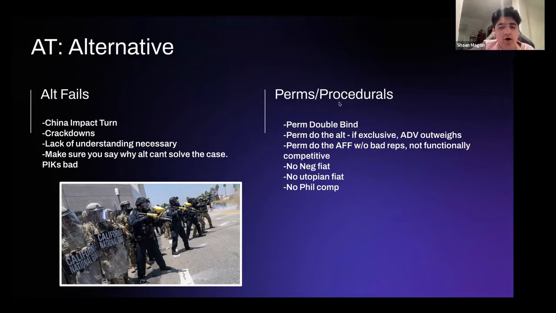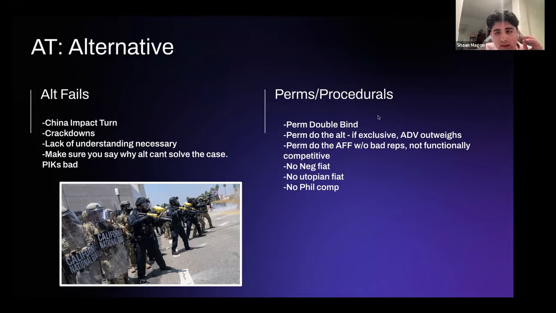So I'll start with the perm. All perm is, it's called a test of competition. You'll hear that phrasing a lot. All that means is it's deciding, can we do their alternative and can we do our affirmative? Are they exclusive with each other? Obviously, the neg is not able to just get up and say we should do X and get away with it. There has to be a logical opportunity cost to the affirmative. This is the same thing that applies to counter plans, but obviously they're not super common in PF. So understanding these things is very important.